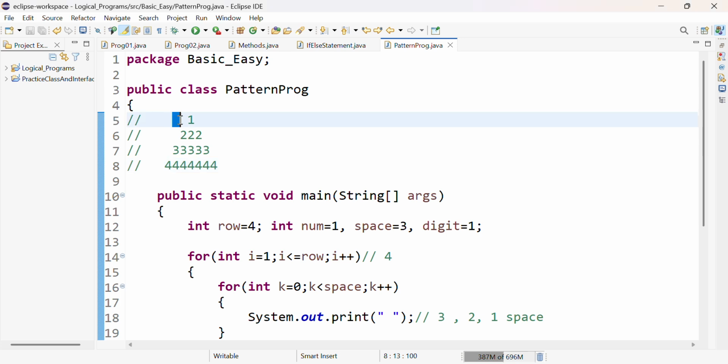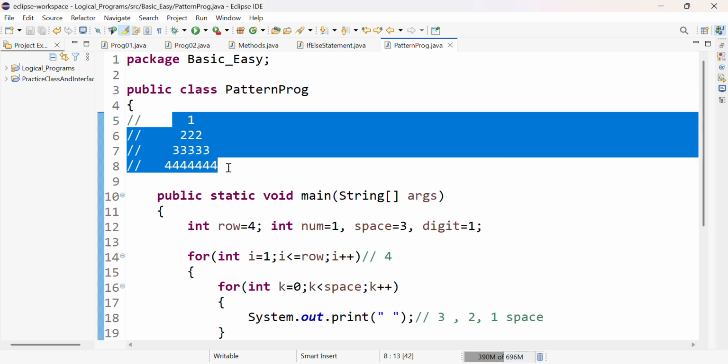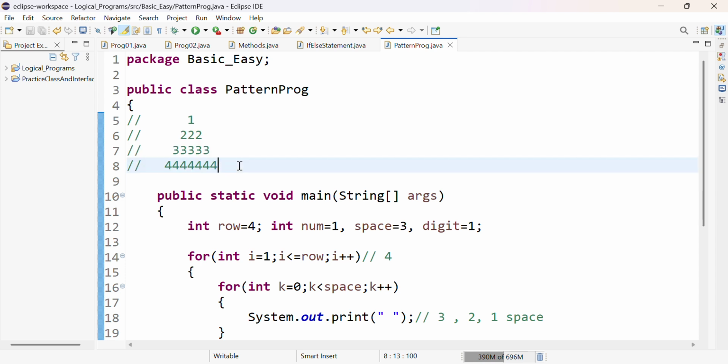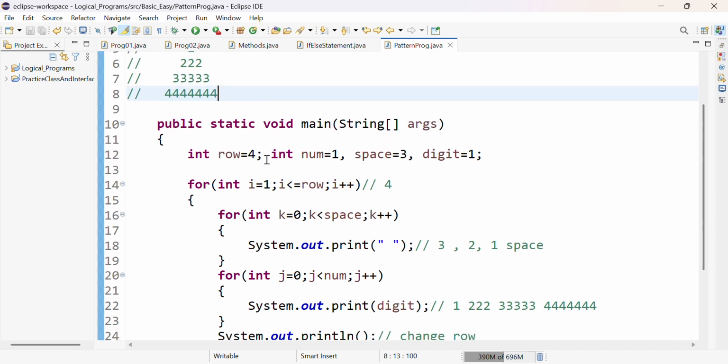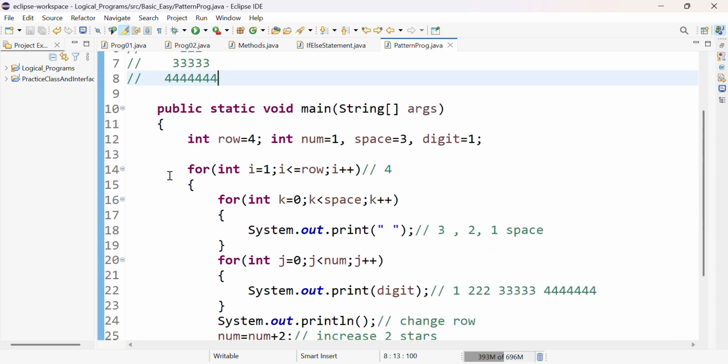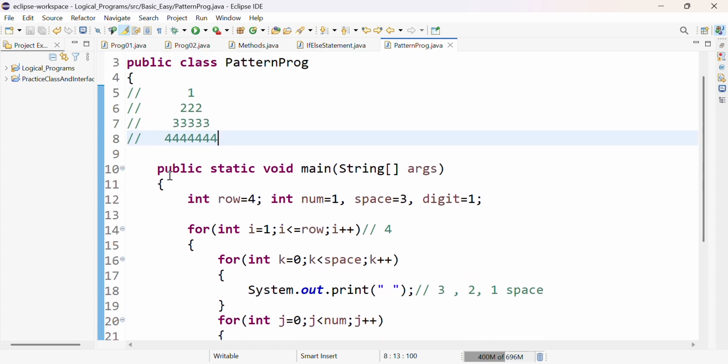I will explain how to print this particular number triangle pattern. Basically I'm using the Java language. I have created one class, pattern program. Inside this class we have the main method, and to print this particular pattern we need four different